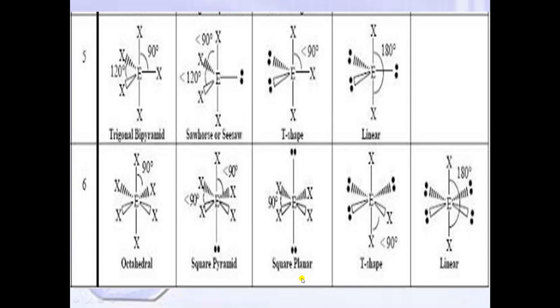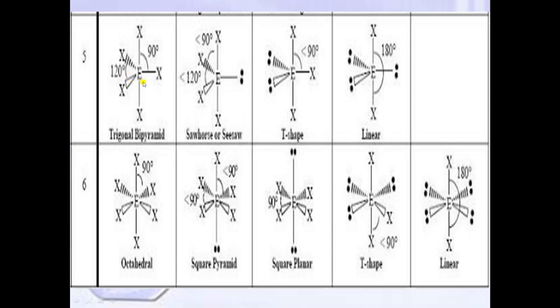Now we will take next case when electron pairs are 5. So when number of electron pairs are 5, this is first case, this is second case, third case and fourth one. So in first case, no lone pair is present, okay? Only 5 bond pairs are present. So 5 atoms will arrange themselves around central atom, like in this way. Now repulsion between these atoms is minimum. Angle between these two bonds is equal to 90 degree. But angle between these two bonds is equal to 120 degree.